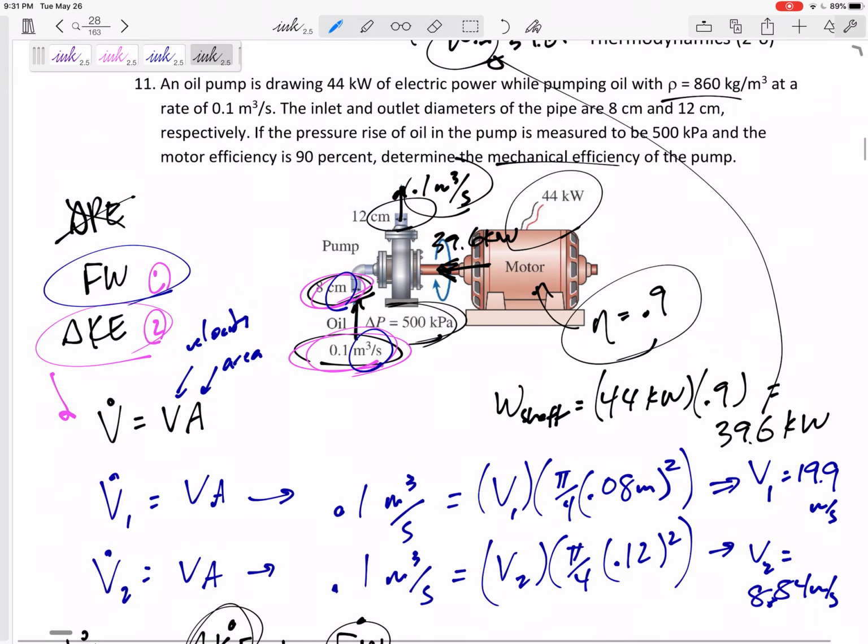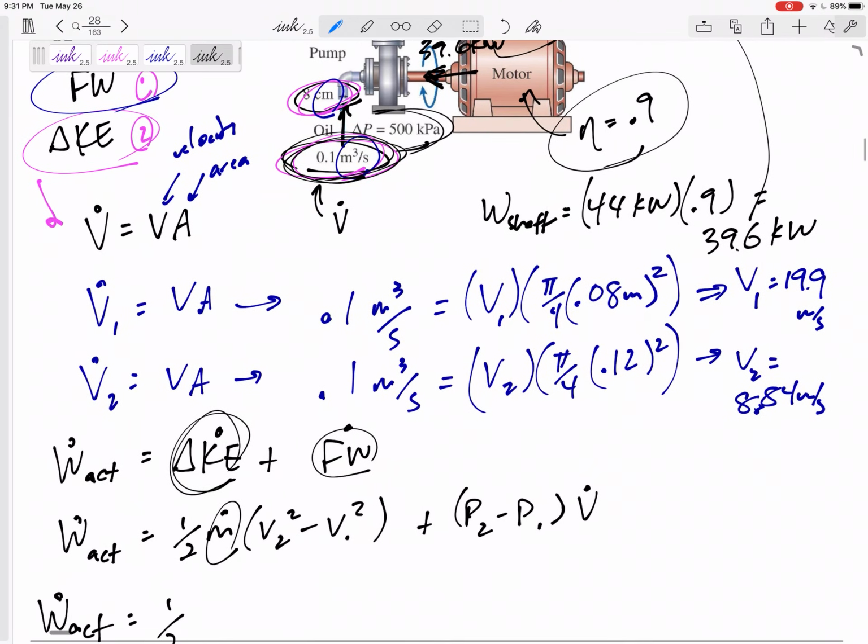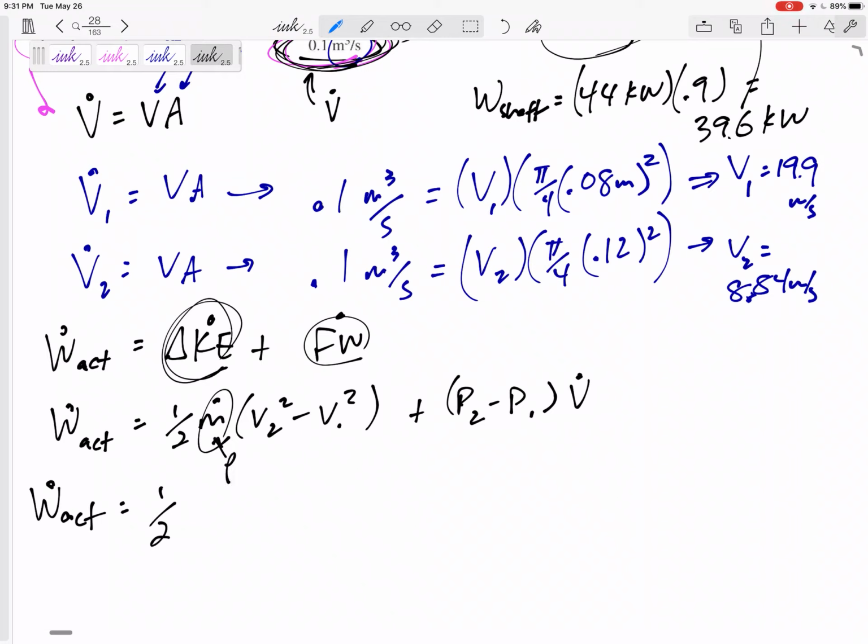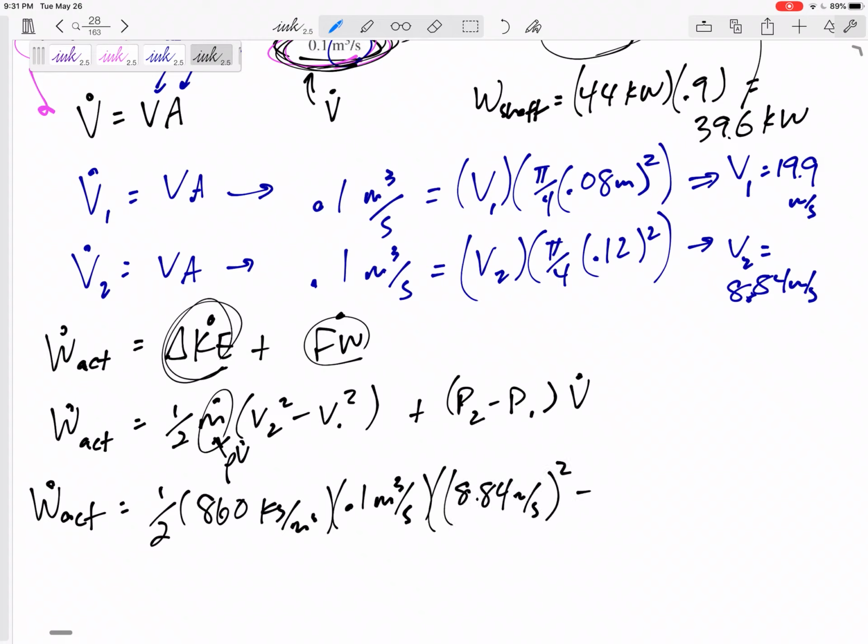I wasn't given m dot. This is V dot, but how do we get m dot? M dot is rho V dot, and they just told us the rho in the problem statement. 860 kilograms per meter cubed times the V dot, 0.1 meters cubed per second, and V2 is 8.84 meters per second squared minus 19.9